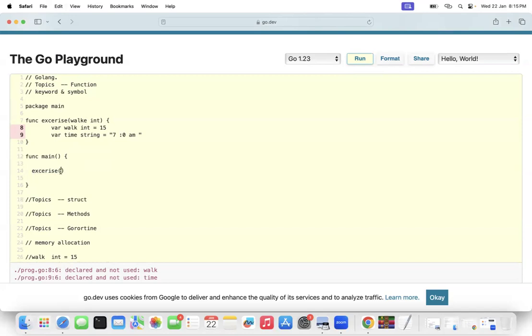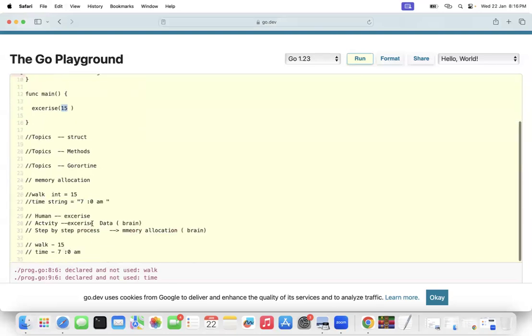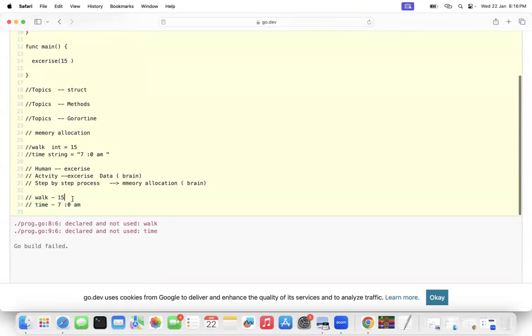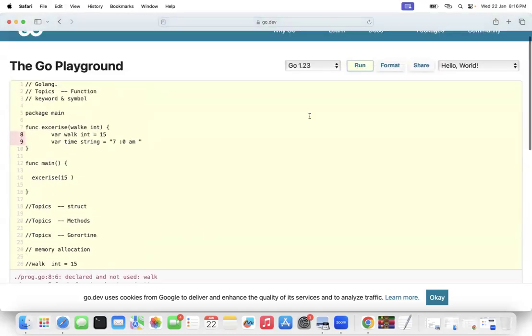Inside this round bracket, you have to pass data to the activity. So let's say you're going to walk how many minutes? 15 minutes. So here you have to write only variables. But when you are doing that activity, you will say you want to walk for how much? 15 minutes. So what is happening? This function is reusable for any day. Every day you can walk, but the time of the walk will change. In the human case, every day you get up and decide one day 15 minutes, one day 20 minutes. Same way, it's reusable here.